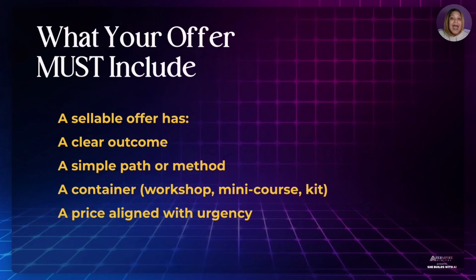We don't price on how fast we created something. We price based off the transformation the person is going to receive. So if something took me 30 minutes to make, but it's going to save a person 6 months, that's not a $9 product, okay? People might think, oh, well, it only took me 10 minutes to make it, I'm only going to charge $10, a dollar a minute. No, not when it's saving someone half a year of time, right? So it's based off the transformation. This keeps your offer simple while still being powerful. Okay, so make sure your offer has those 4 things.